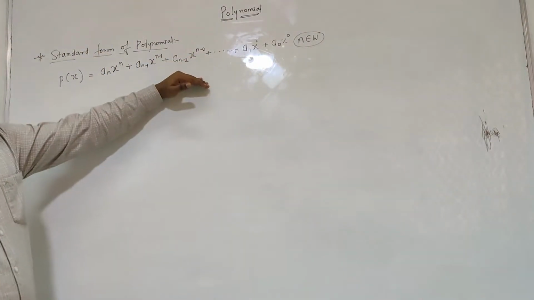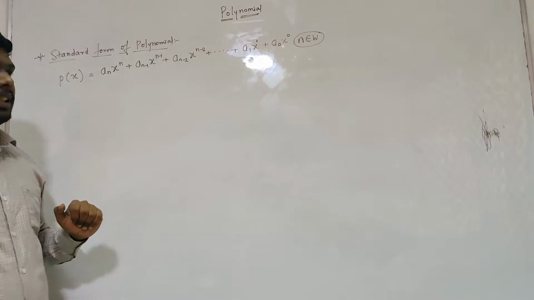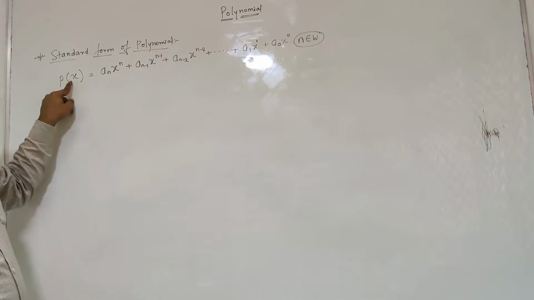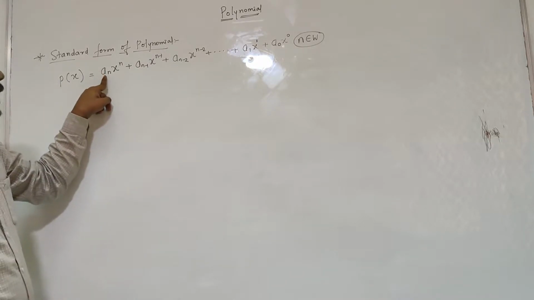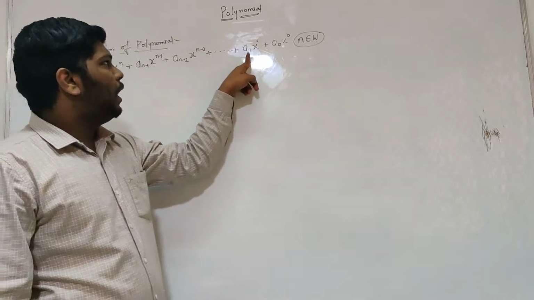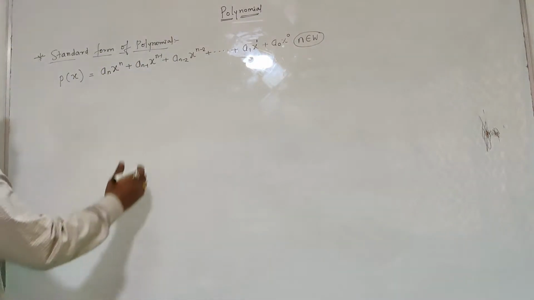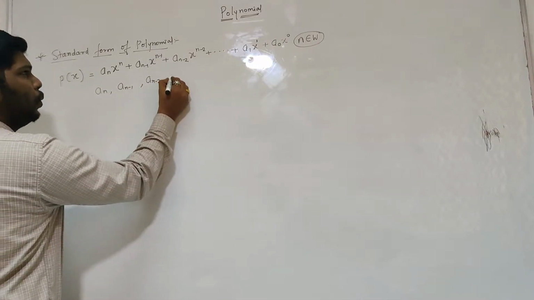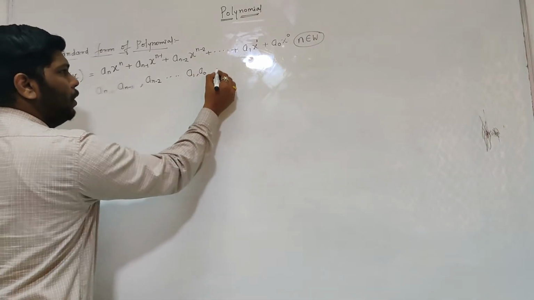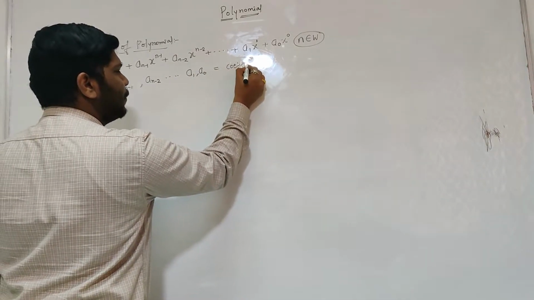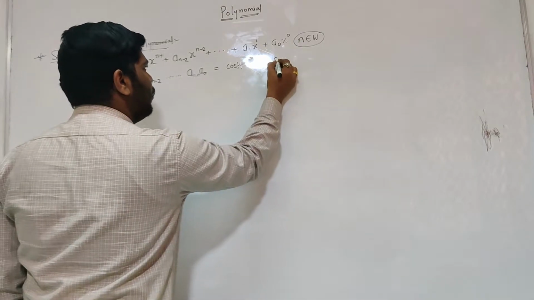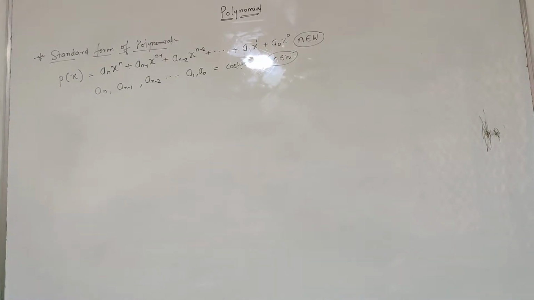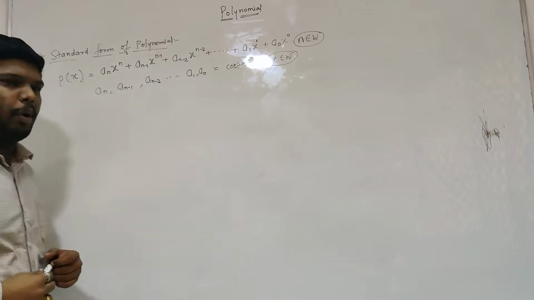So after learning this standard form, we are going to start with the types of polynomials. So in this standard form, what we are going to remember basically, p of x stands for a polynomial that is expressed in terms of x. Then this a_(n-1), a_(n-2), like that a_1, a_0 are called coefficients. Okay, and this value of n should compulsorily be a whole number, then only we can call it a polynomial. Now let us see what are the types of polynomials.